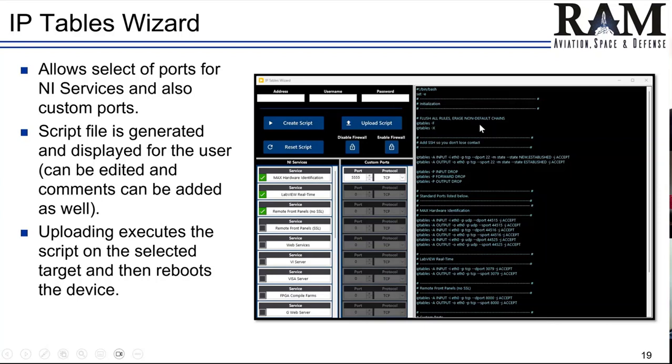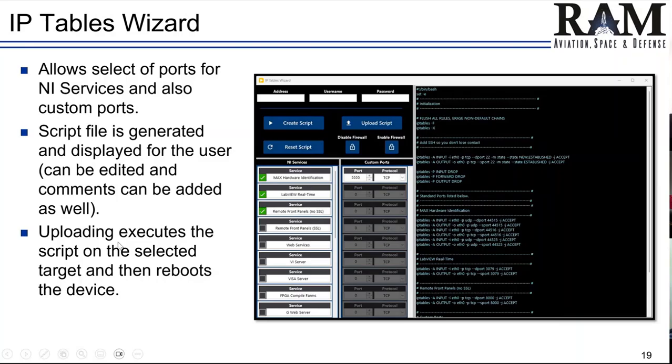This does actually update the iptables conf file so that all of your configuration is permanent and will persist on reboots and whatnot. I did add a button so you can temporarily disable the firewall entirely or restart the service. If you need to just turn it off for a minute, you can, as long as you have SSH access. If you do delete this port 22 stuff here, that's not going to work either. The reset script is just going to reload the initial script, which allows everything in and out. So if you wanted to reset it to the original configuration, just click reset script